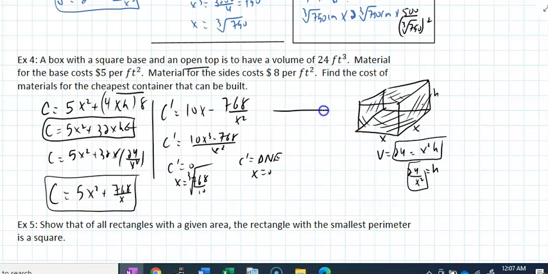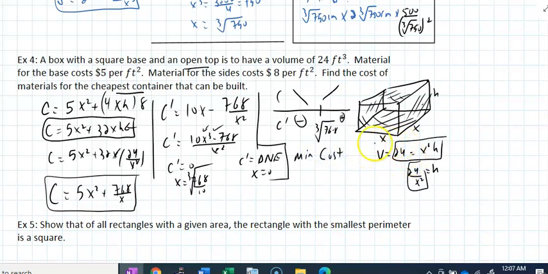When I do my testing, I'm going to do the cube root of, let's say, 76.8. A point to the left, say 1, 10 minus 768 is negative. A point to the right, say cube root of 1000, which is 10. That's going to definitely be positive. So we have a minimum cost